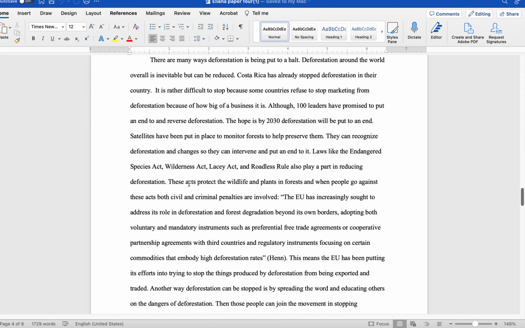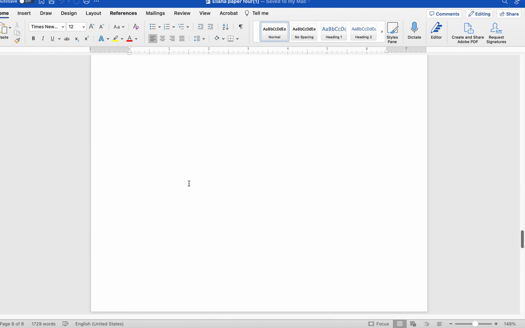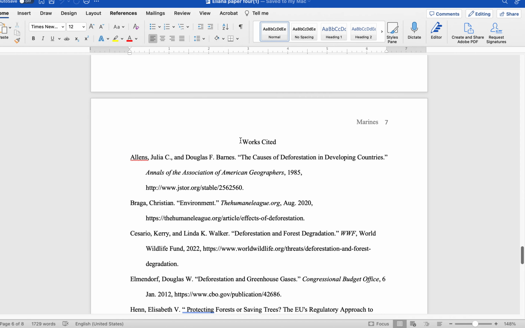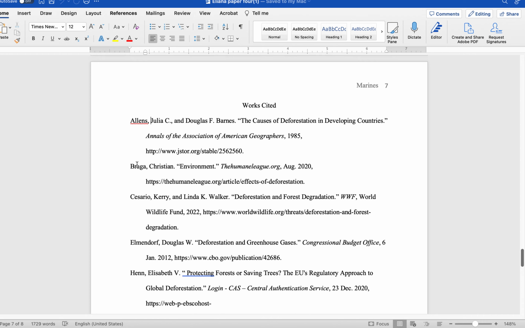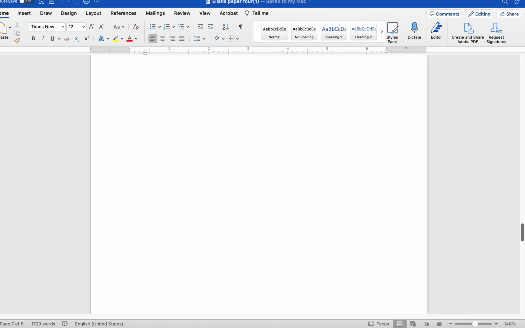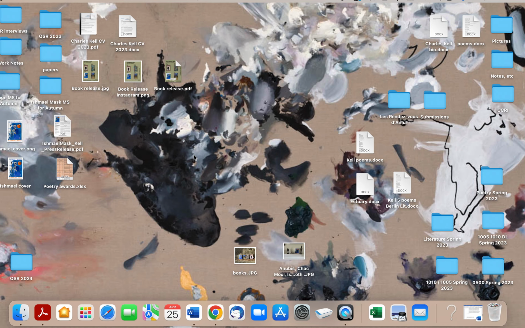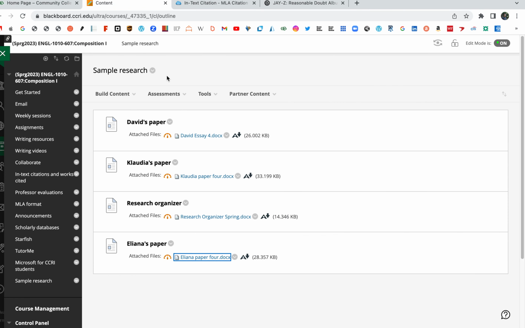And here's what her works cited looks like. This is what your works cited should look like. The top is going to say Works Cited. It's in alphabetical order, names, and then the name of the article and where it comes from. If there are no names, well, I'm going to get into that when I make the works cited video. But here's a sample paper that has some in-text citations.